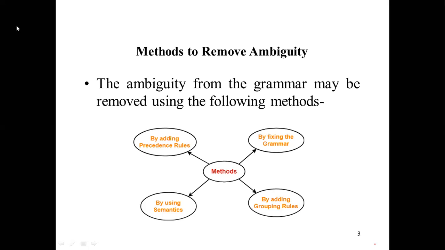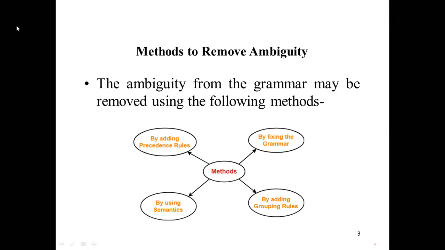There are several rules, several semantics we developed earlier, but still the research is going on in each and every field. So we fix our grammar, we update our grammar, we change our grammar, and after changing the grammar, we can say that we are going to remove the ambiguity.